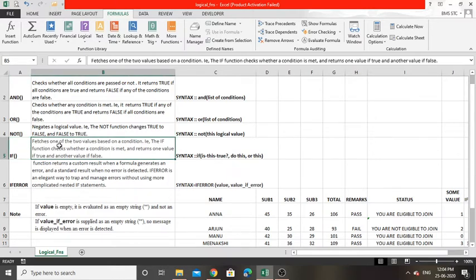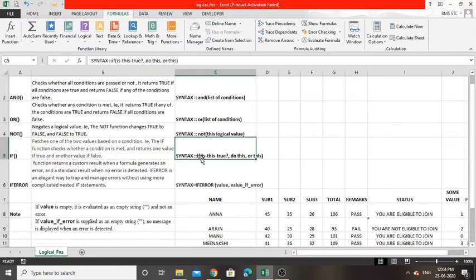Next, the IF function. IF fetches one of two values based on a condition. That is, the IF function checks whether a condition is met and returns one value if true and another value if false. So here is the syntax. IF has three arguments. The first one is the condition.